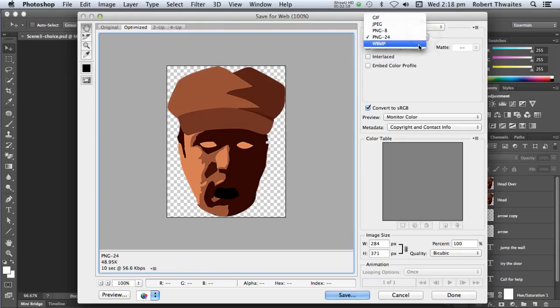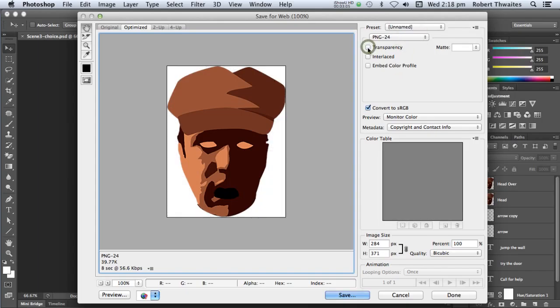First of all, out of this list of possible image types, we want PNG 24 selected, and we want to make sure that the transparency checkbox is on. So we're going to end up with a solid image with transparent areas. Okay, once those are checked, I'm going to hit save,